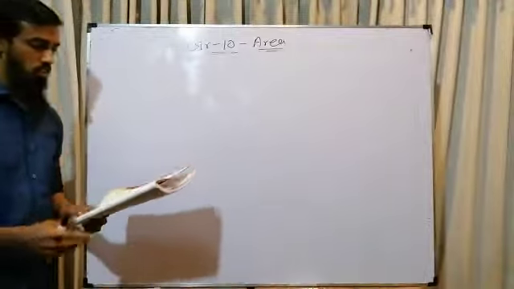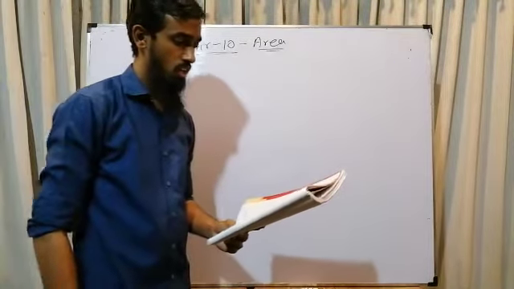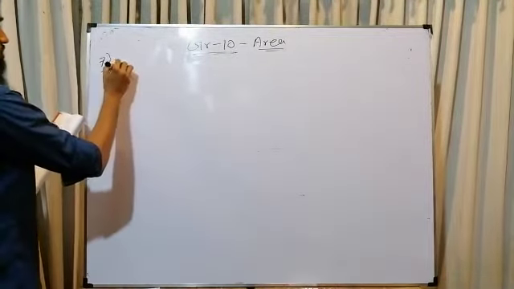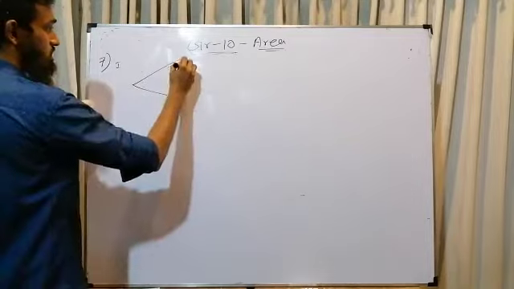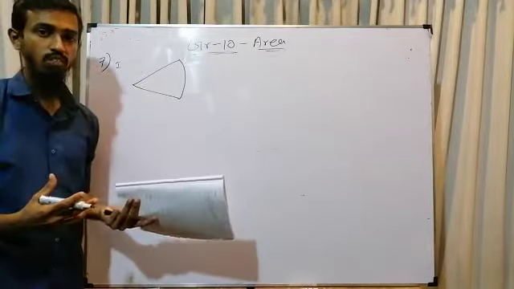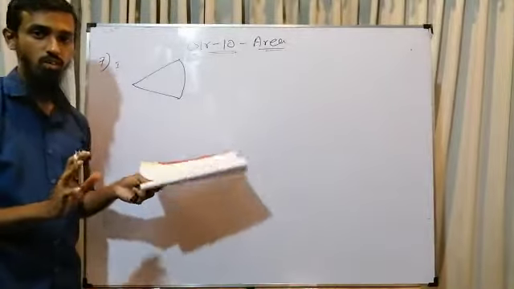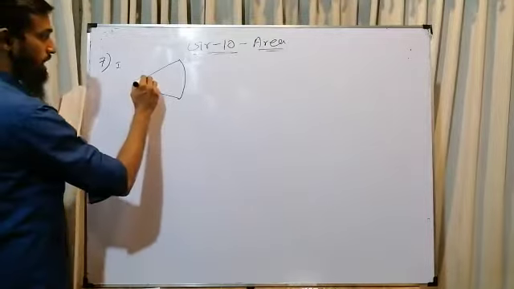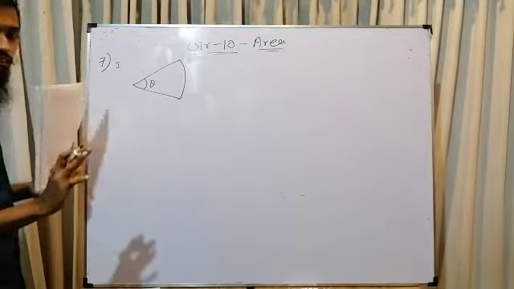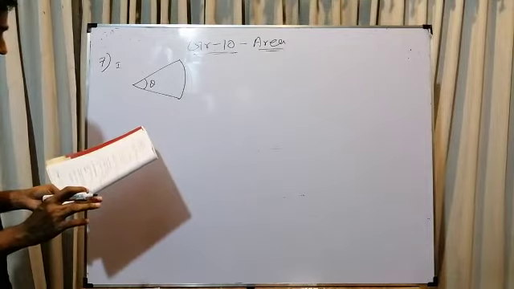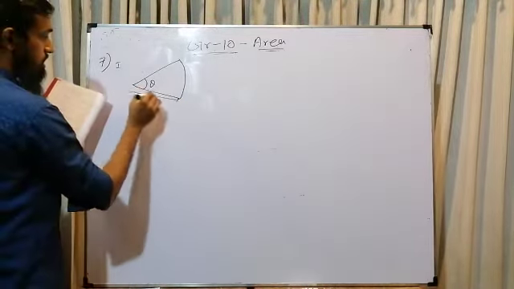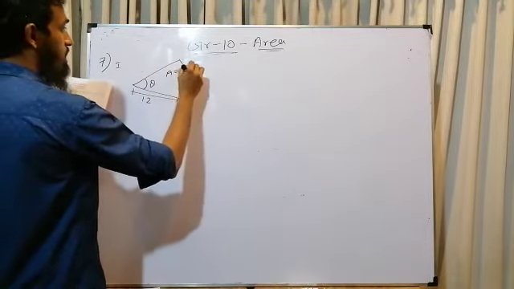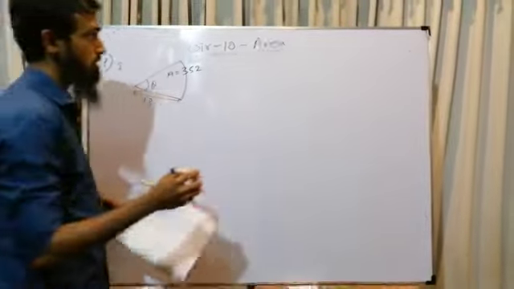Seventh question we have, find the center angle of the sector having. We have given two questions. So we draw a sector, because if we know the angle at the center, then only we can draw the perfect sector. So we don't have the angle, so we just draw a rough figure. The sector angle we need to find, so we put theta. The radius is given as 12 and the area is 352.